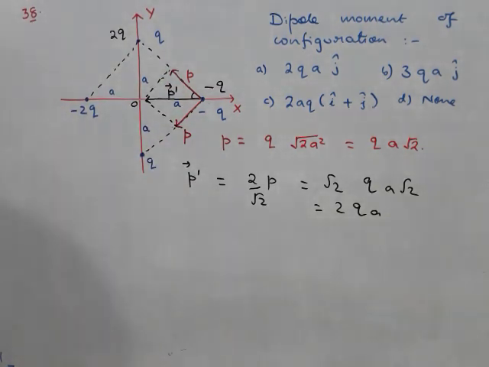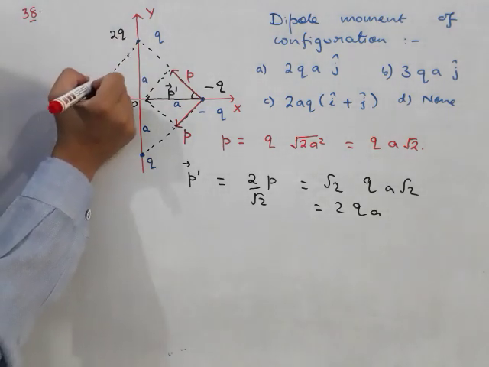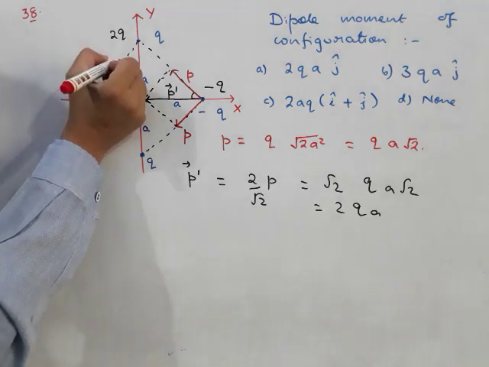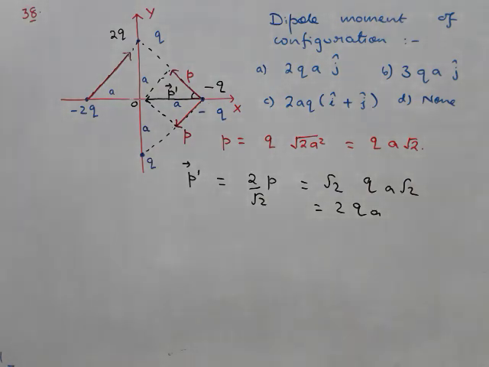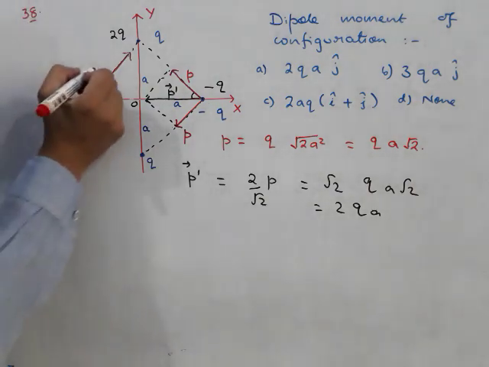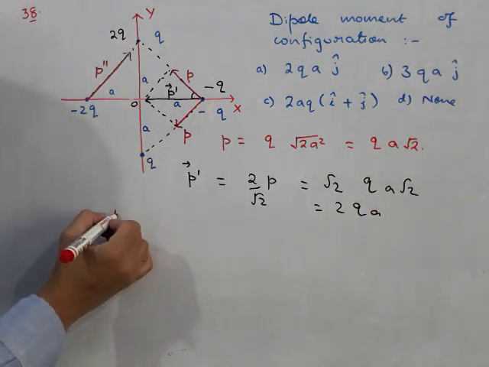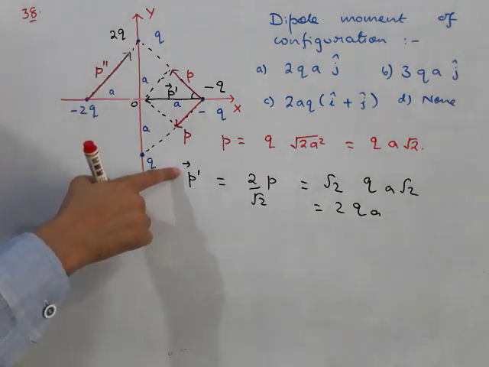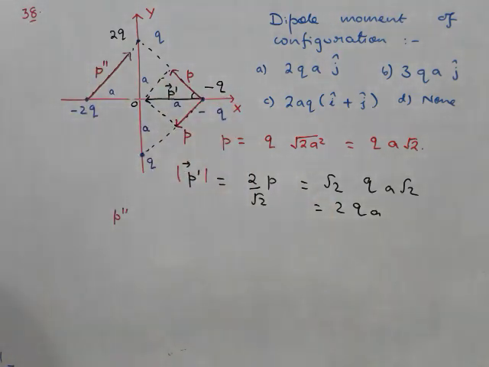One more dipole is left. Which one is that? The third one. What is the direction of its dipole moment? The direction of dipole moment will be from negative to the positive charge. So this is minus 2q, this is plus 2q. So it will be directed like so. And I'll draw it a bit longer because here the value of dipole moment will be more. This I'll call P double dash. Now how much will be P double dash? Now here I have written vector. Its magnitude is this much. Direction, it is clear that it is along negative x-axis.